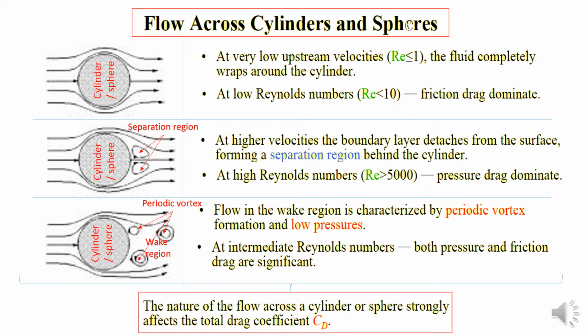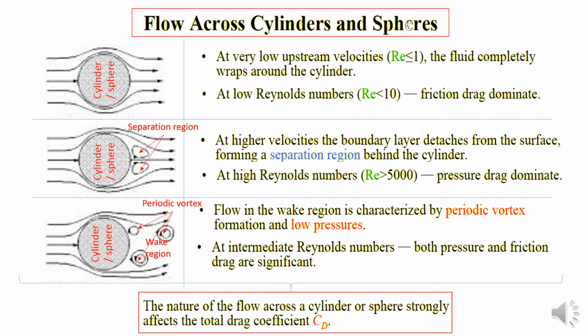So I put here 3 figures for 3 types of flow. The top one is the laminar flow, and then the second one is where there is a separation behind the cylinder, and then there is a wake region with periodic vortex. Laminar flow happens at low upstream velocities, for Reynolds number less than or equal to 1, where the fluid completely wraps around the cylinder, and for these cases, with Reynolds number less than 10, friction drag dominates the